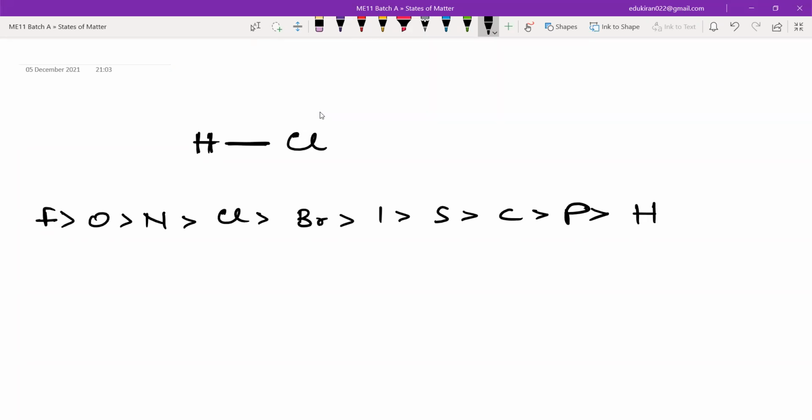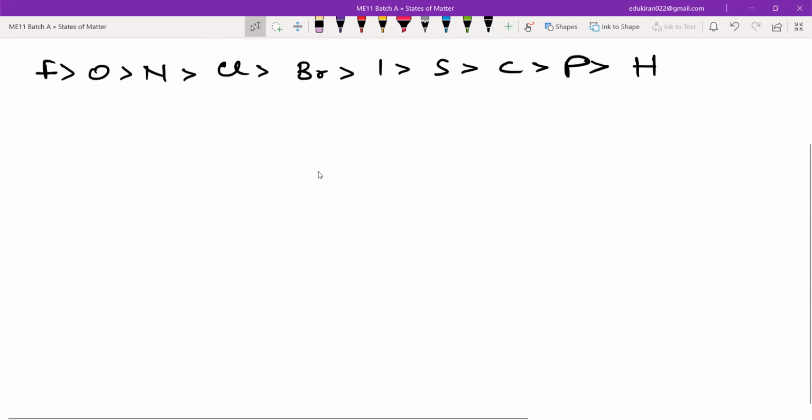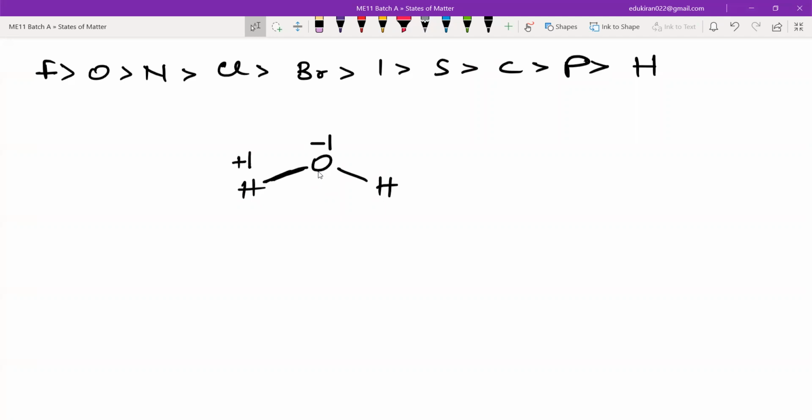So you will give, chlorine is more electronegative. It will have more electron density. That is, this is -1. This will be +1. Okay. Yes, sir. Listen now. Oxygen, hydrogen, hydrogen. So oxygen is more electronegative. So for this bond, oxygen will have -1, and this hydrogen will have +1. This hydrogen will have +1, and due to this +1, this oxygen will have -1. And hence, what will happen? Oxygen will have -2. Hydrogen will have +1. Got it? Yes, sir. Okay.